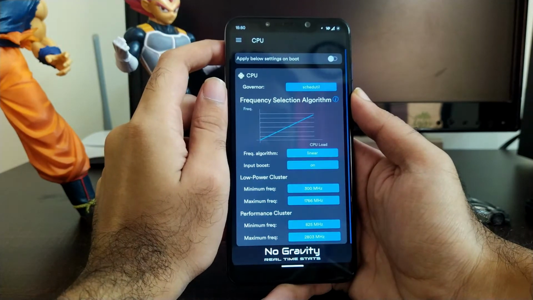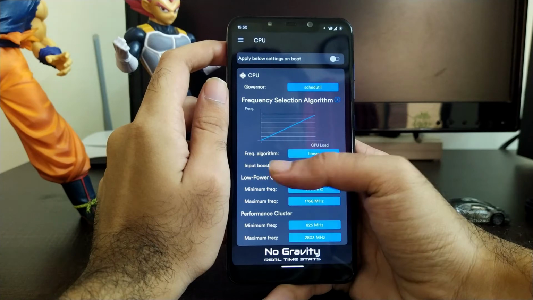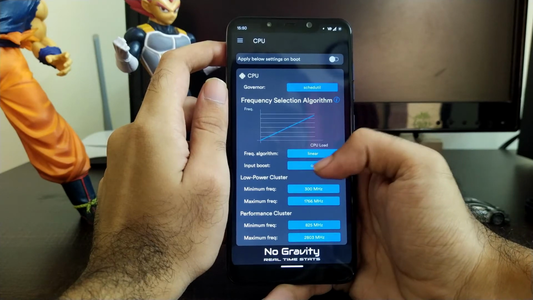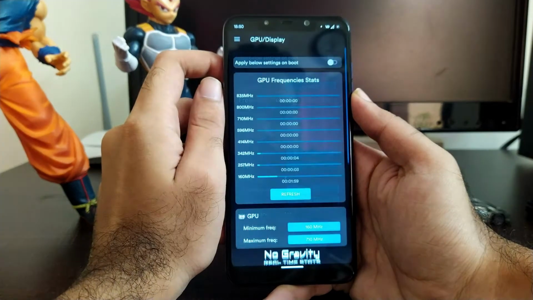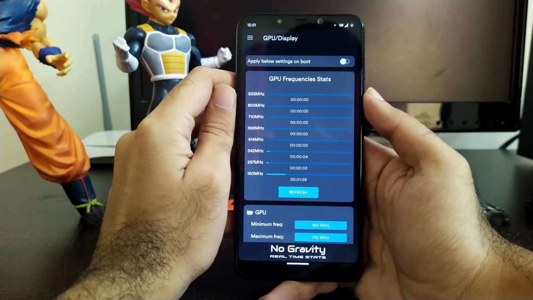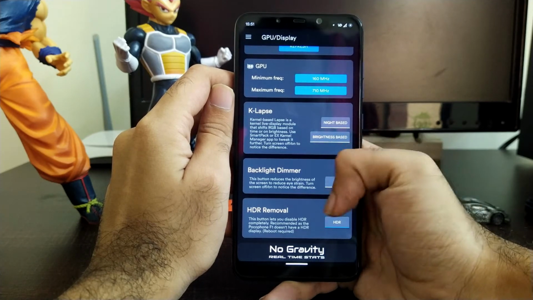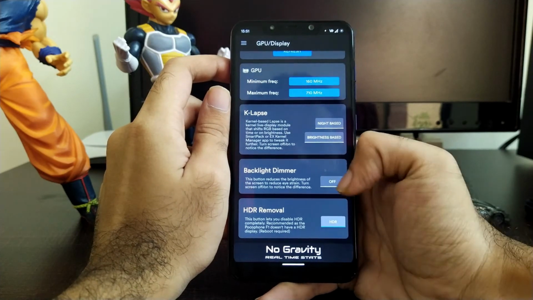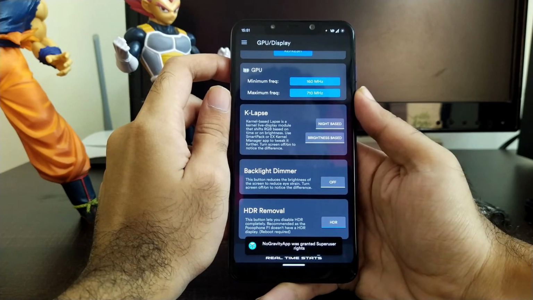So these are some of the options where you can see the CPU performance of the device, how your CPU performance is and all the other stuff. If we deep dive into the detail, then you can successfully configure this kernel very well. But I am not going deep into it as the kernel is already overclocked. So yeah, you can just flash this kernel and you are good to go with some basic configurations.